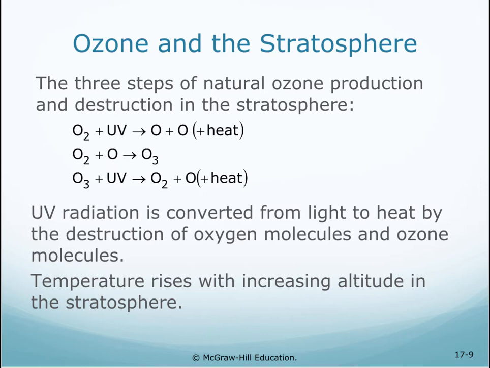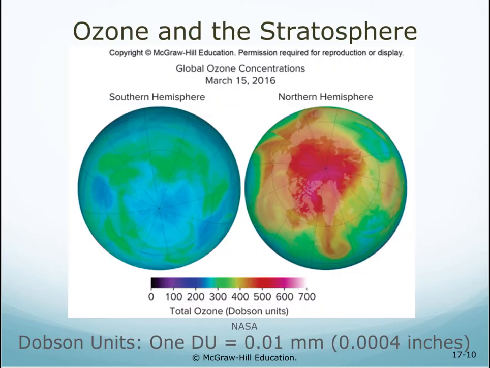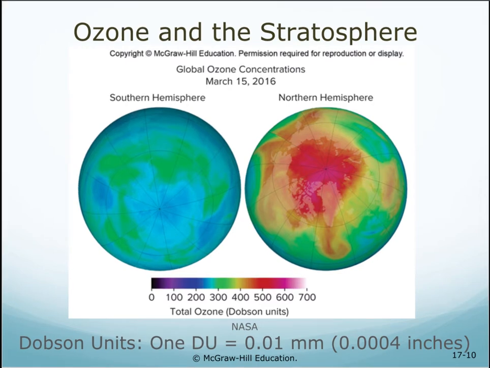UV radiation is converted from light to heat by the destruction of oxygen molecules and ozone molecules. The temperature rises with increasing altitude in the stratosphere. Global variations in ozone concentrations, March 2016. Ozone concentrations increase with latitude. The concentrations are greater in the Northern Hemisphere during the Northern Hemisphere's spring,